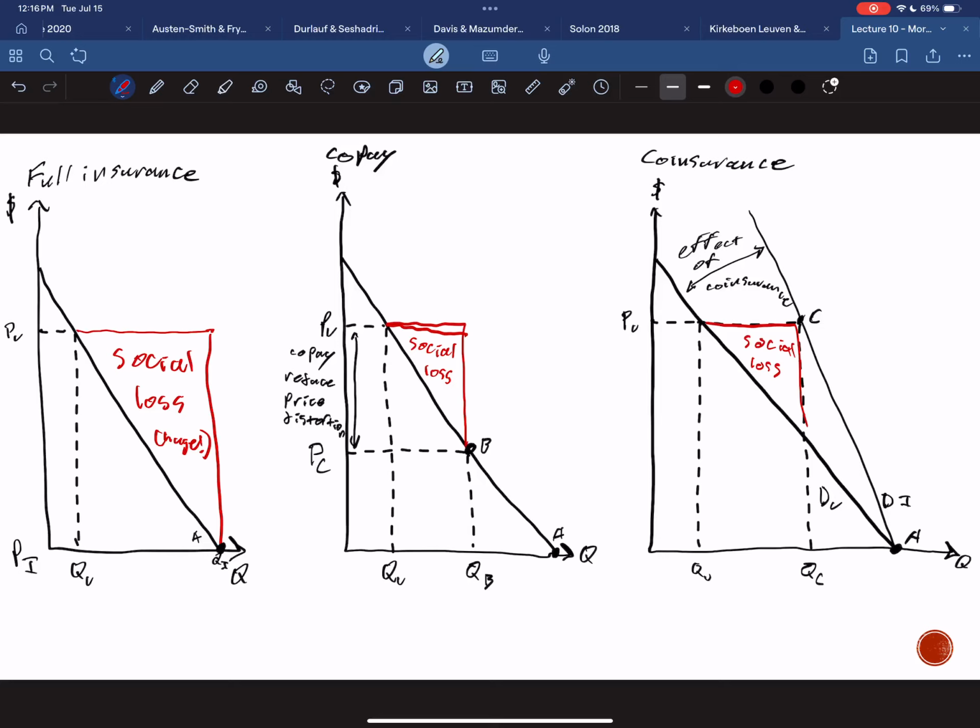So let's talk about some other ways to reduce moral hazard in insurance contracts. In addition to copays and coinsurance, many contracts also have what's called a deductible. A deductible is a fixed amount of money, say $1,000 a year, and you pay that out of pocket, and then your insurance kicks in. So if you have full insurance and a deductible, you pay for the first $1,000 of your medical care in a year, and then after that, your insurance company pays for the rest.